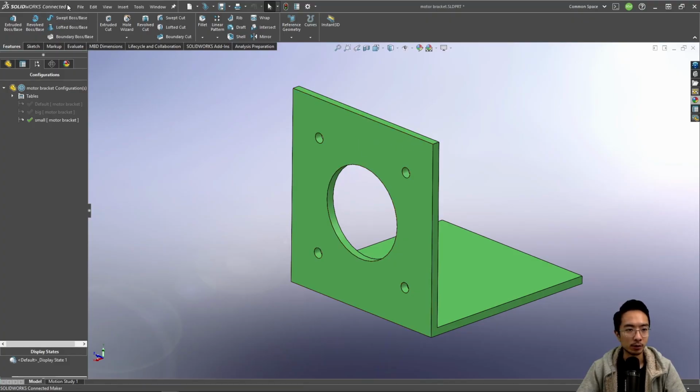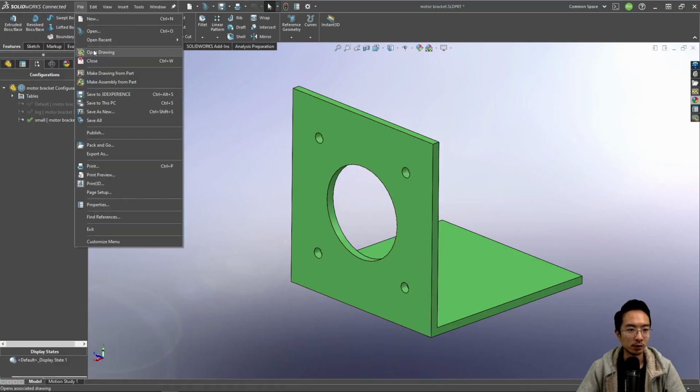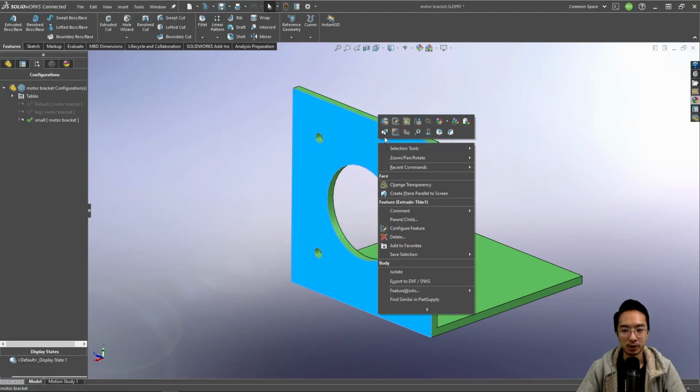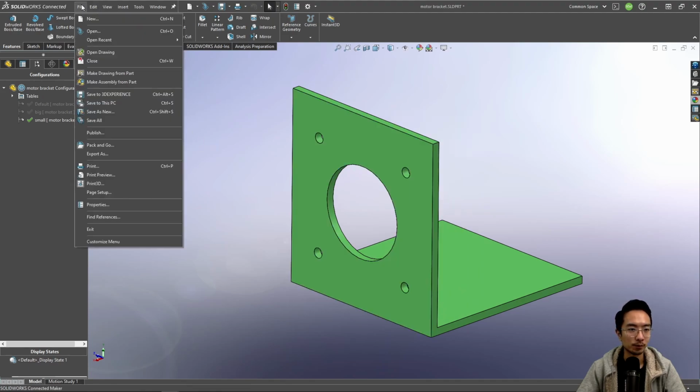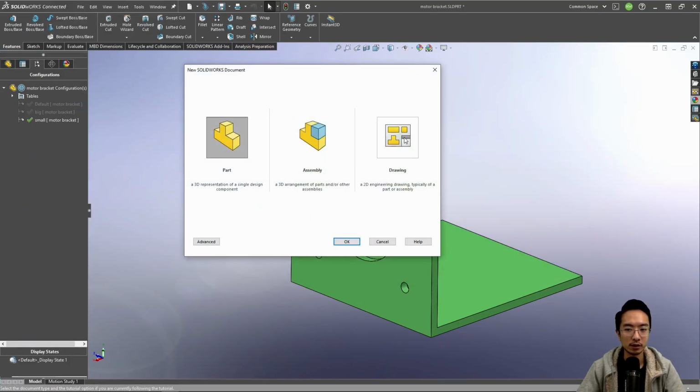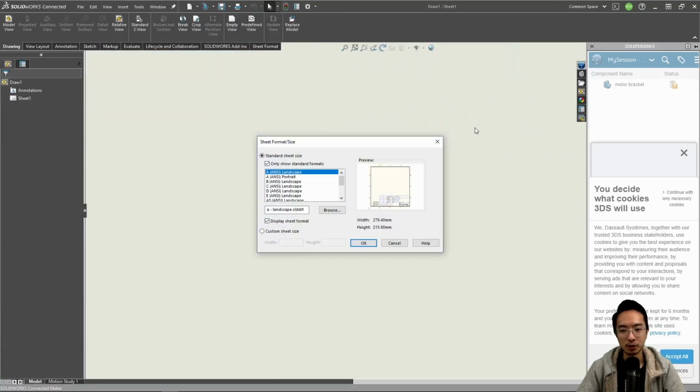So there's a couple ways to get there. You could do File, New, and then click Drawing. You can also right click and then open drawing, and if there's no drawings, it'll create one for you. But let's go ahead and just do File, so it'll be File, New, and then Drawings. So when you create a drawing,